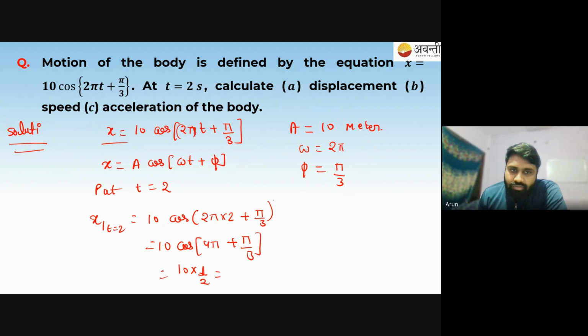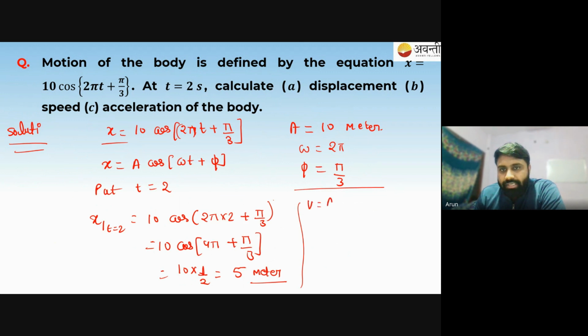So at t equals 2 seconds, we have 5 meter. We are exactly at the half of the maximum amplitude. Okay. Now, if the speed has also been asked, again differentiate this with respect to time. So you will get v equals a omega cos, it is cos, so it is minus a omega sine omega t